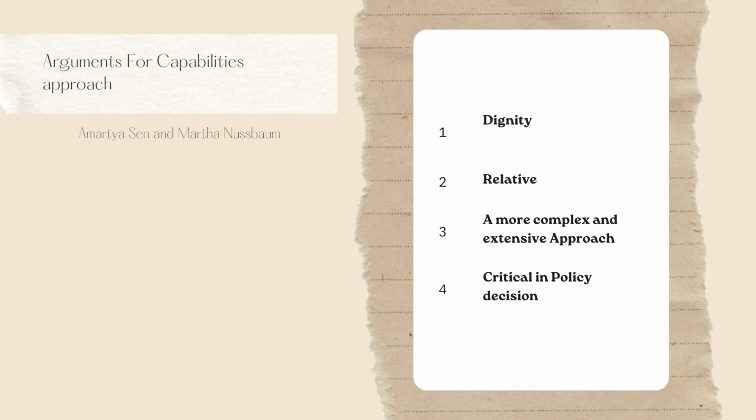Another point could be that the capabilities approach is a more complex and extensive approach. The capability measures account for factors that are often overlooked by other measures of poverty, factors that are often unquantifiable but still essential to measuring poverty. One of many being the interpersonal variations in what capabilities are necessary for a person's well-being creates a focus on the individual. This is necessary because an individual's ability to convert the resources into valuable functions may vary greatly. Nussbaum's definition of capability itself mentions that it reflects an individual's effective freedom instead of a group. This is why it is important to focus on the individual in the sense that it paints the most accurate and extensive picture of poverty.